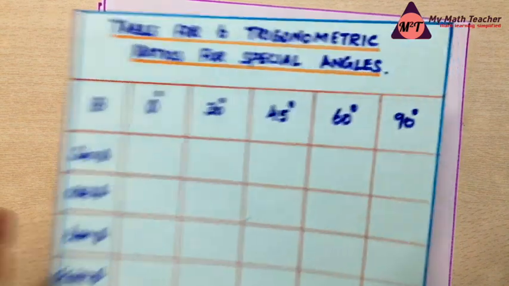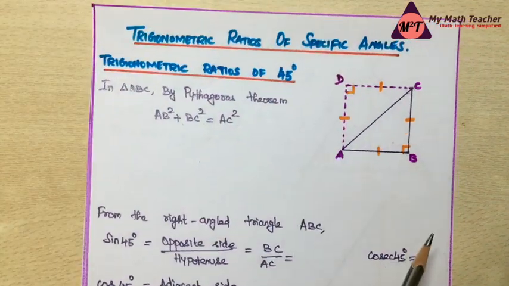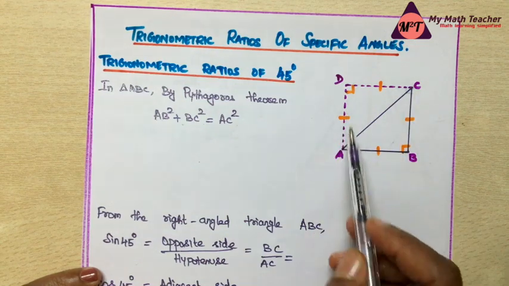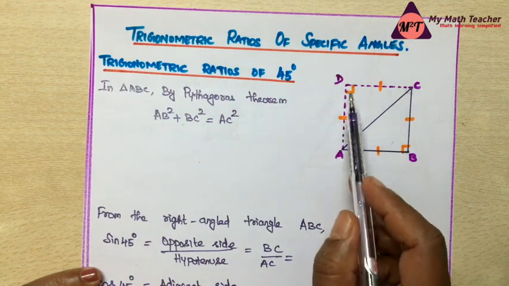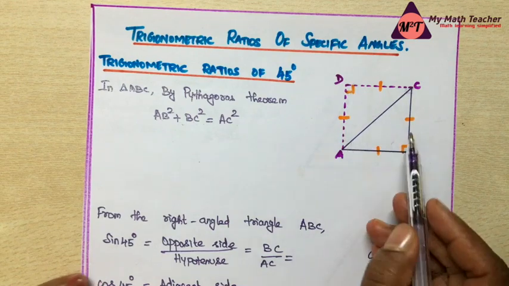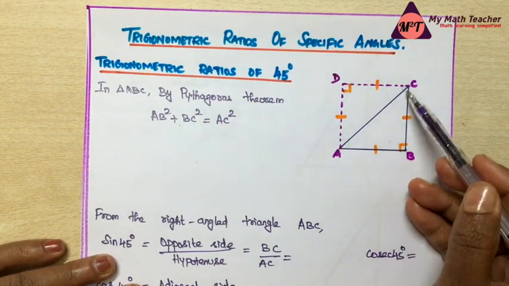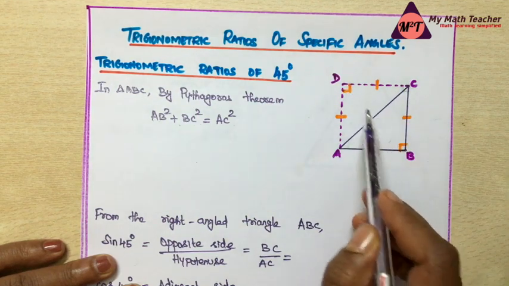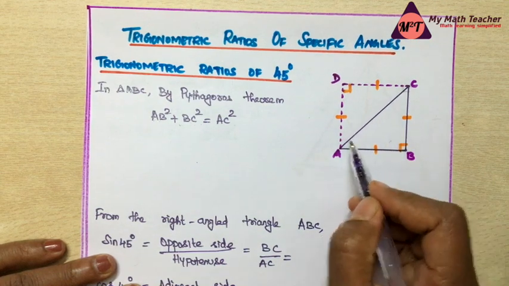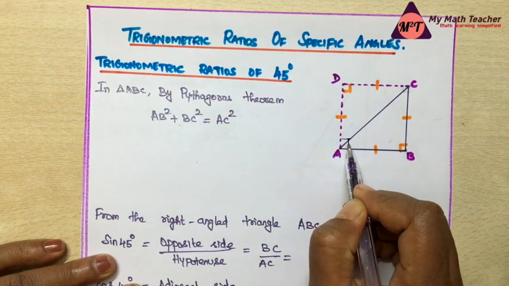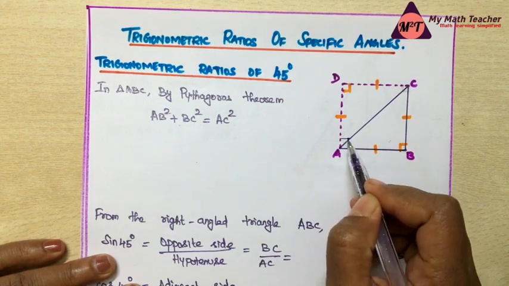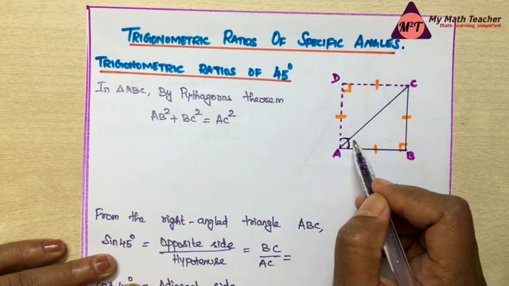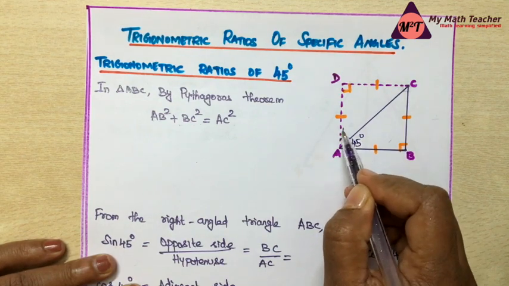Here, first I will start with the first angle, that is 45 degrees. Consider this square ABCD. As we know, in a square all four sides will be equal and all four internal corners will be 90 degrees as well. When I join this diagonal AC, we can see this square will be divided into two equal parts. Now, what happens to this corner? If it is 90 here, when we divide it, it will become two equal halves. That is, when 90 is divided by 2, it will be 45 and 45 here.